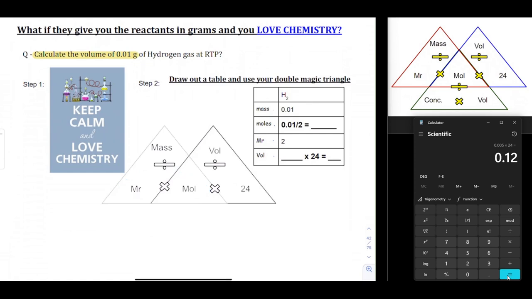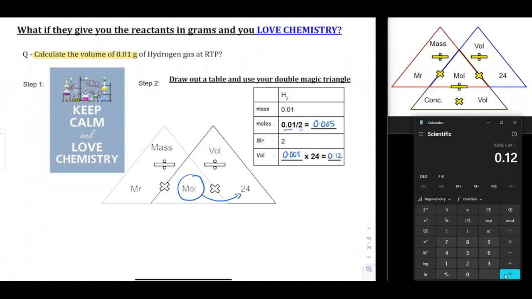We do the mass divided by the MR to give us the moles. So we say 0.01 divide by 2. It gives us 0.005 moles of hydrogen. Now that we've got the moles, 0.005, it's really easy to times by 24. So we keep it on our calculator and go times by 24, and we get 0.12